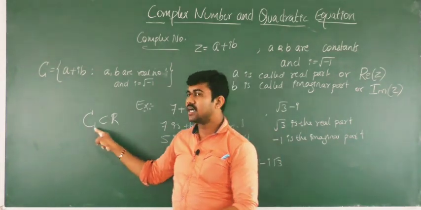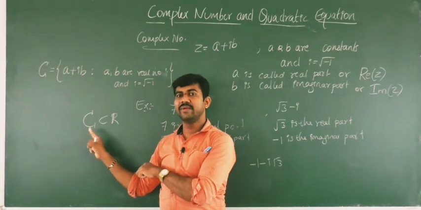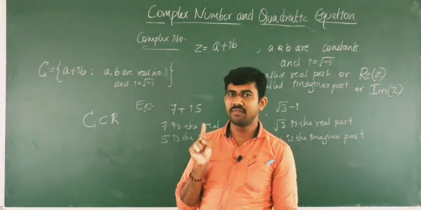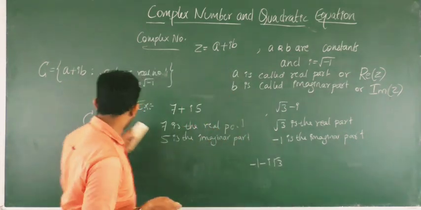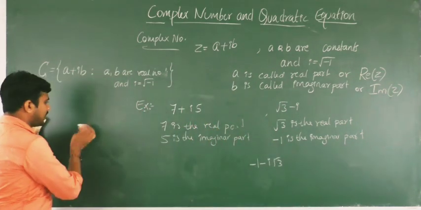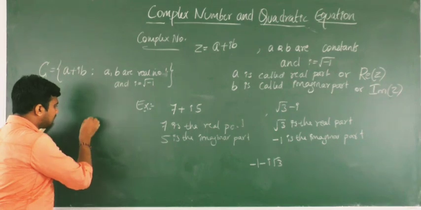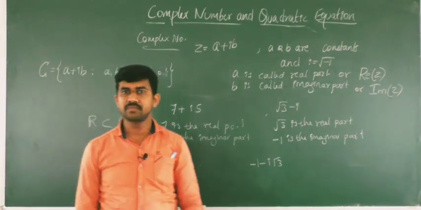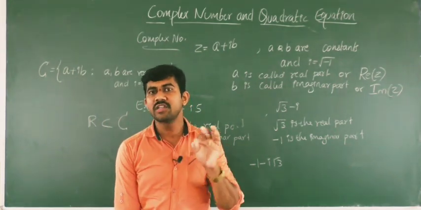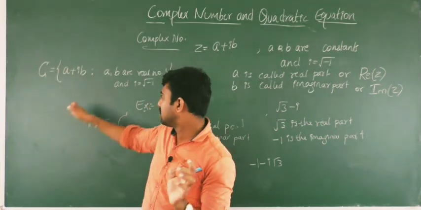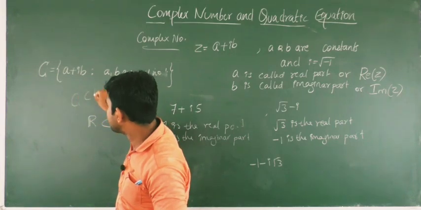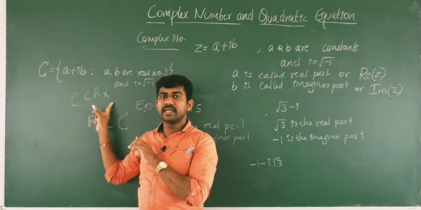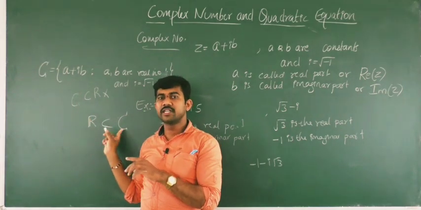But here the extended system we introduced is complex numbers. Whether complex numbers are a subset, or whether complex numbers are a superset. I can say it like this: whether real numbers are a subset of complex numbers. Complex numbers are not a subset of real numbers, so the first condition is wrong. Complex numbers are not a subset of real numbers, because complex numbers are not included in real numbers, but real numbers are included in complex numbers.